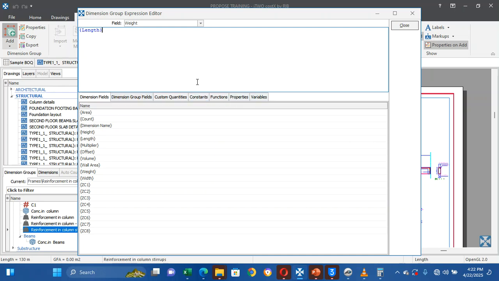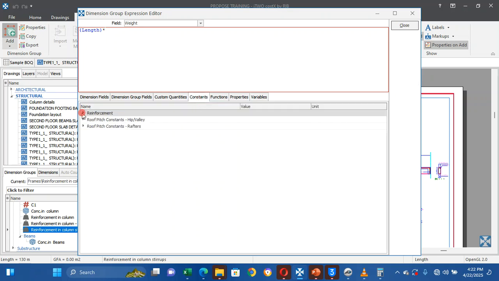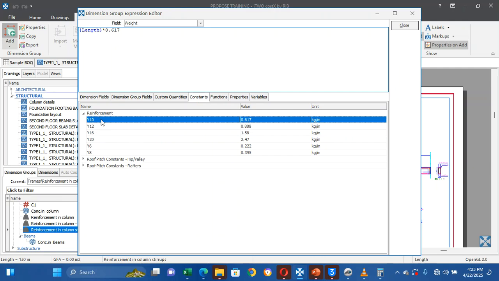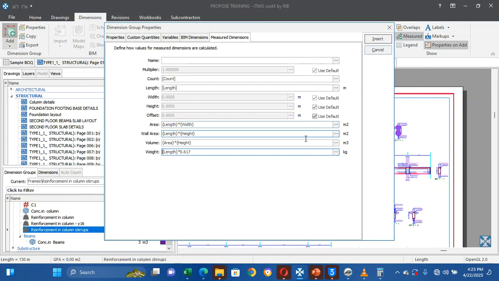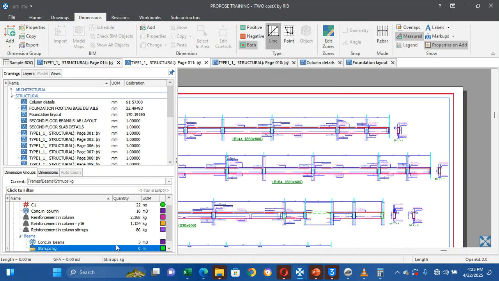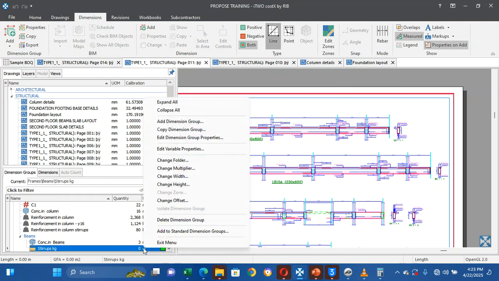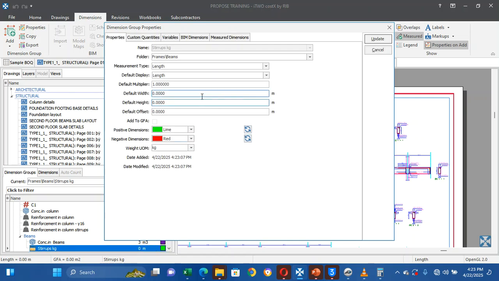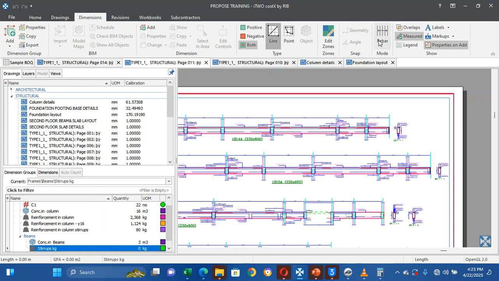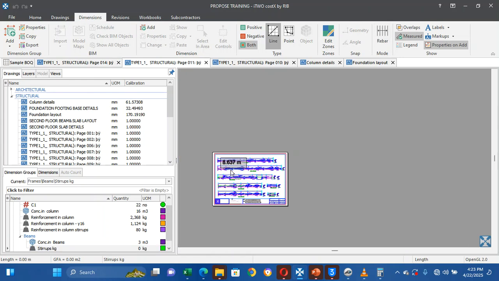multiplied by, just multiply by constant right here, right? Close. Then we'll say insert, sorry, edit dimension group, default display in width, then update. Okay, so now